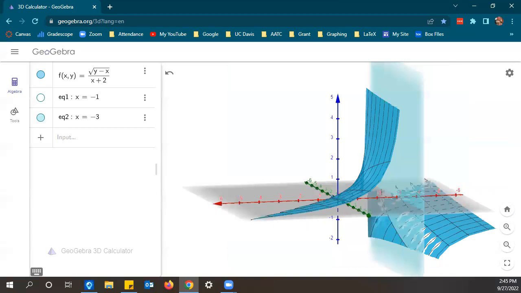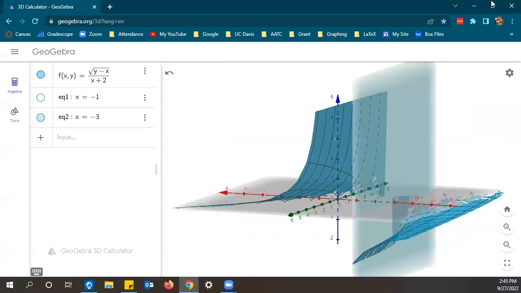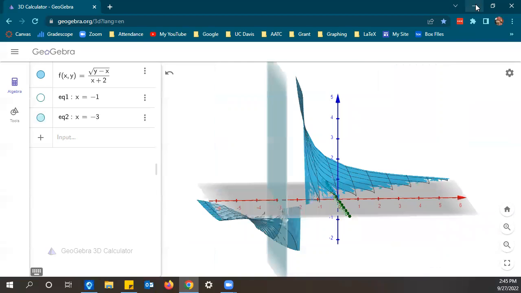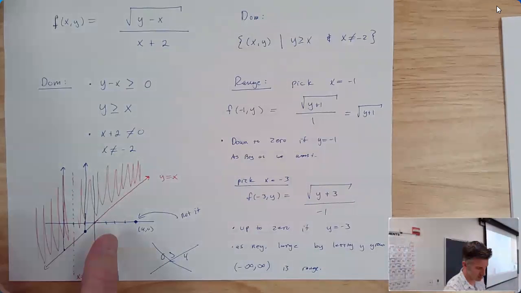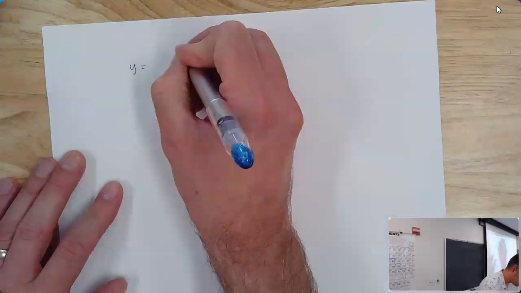I was going to say the level curves, I'm sure, look really, really funky. So, yeah, let me just point out, even though I don't really want to, but I think it might be worthwhile. So this function